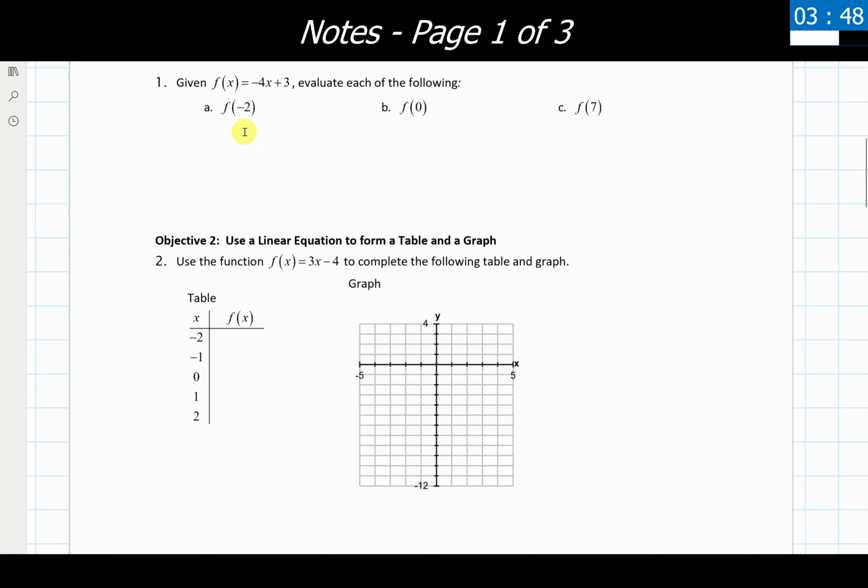Because they are inside of parentheses, these are all going to be input values, which means anywhere in this equation that I have an input value, which is x, I'm going to replace it with these numbers and then solve each of them for whatever the corresponding output is going to be. So I'm going to write those in the space below here really quick.